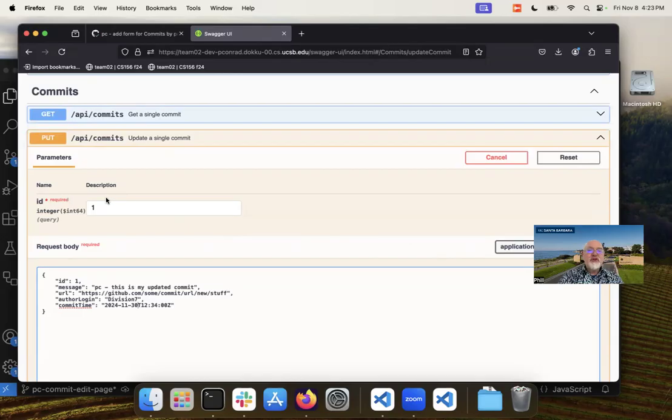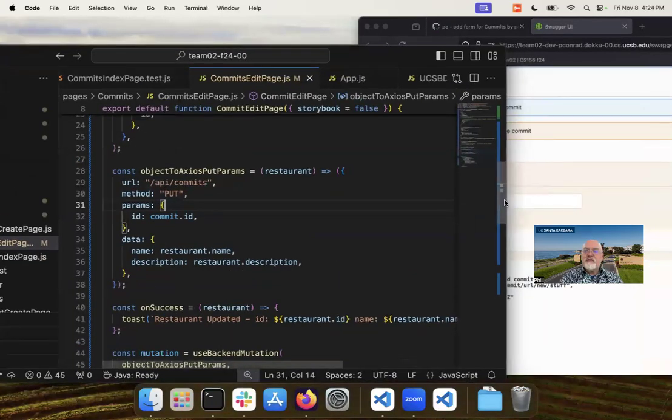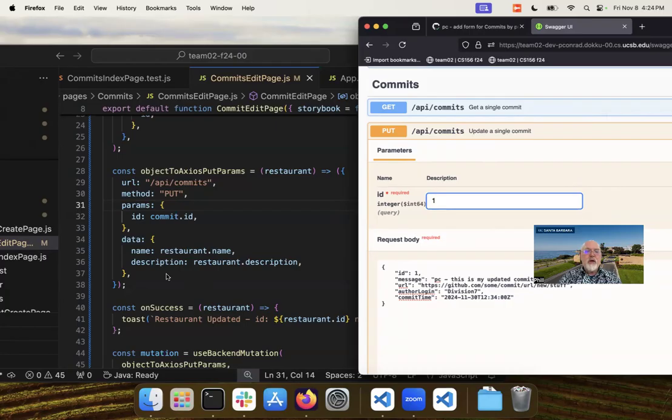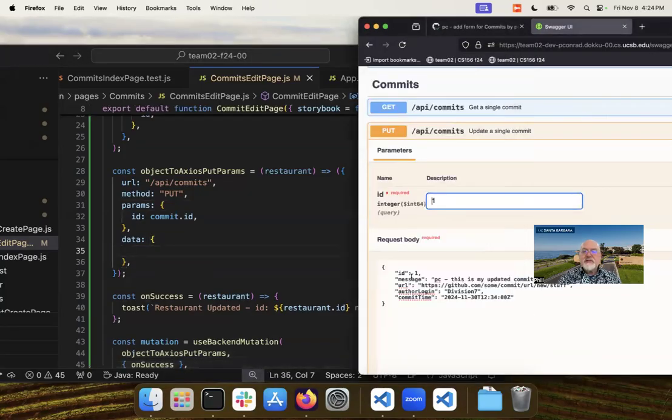And just to compare, here's the Swagger endpoint. Here is the object to Axios put params. And every time you see one of these, think of it as the JavaScript representation of what you would do in Swagger. So this ID part corresponds to this here. This data part corresponds to this over here. So we need this to be not name and description, which is what you would have for a restaurant, but in fact,